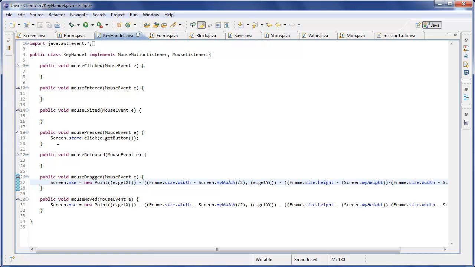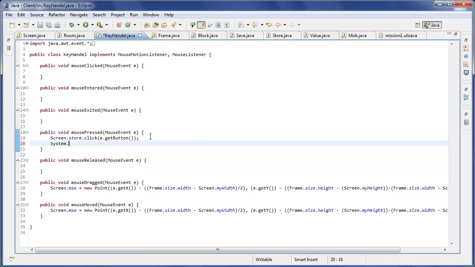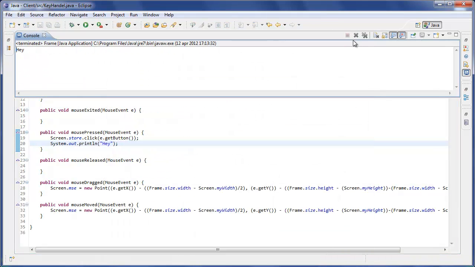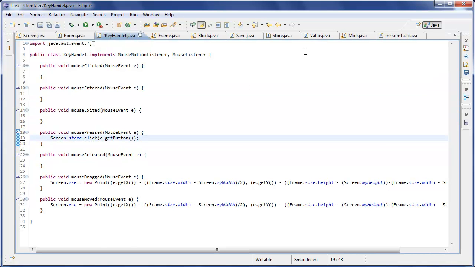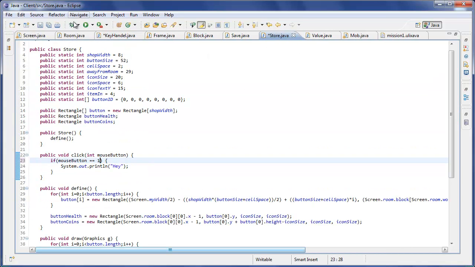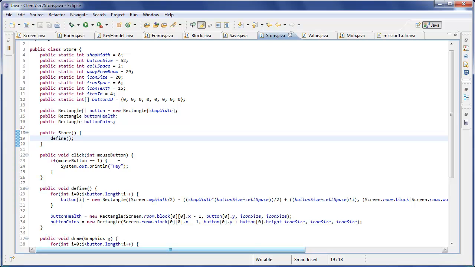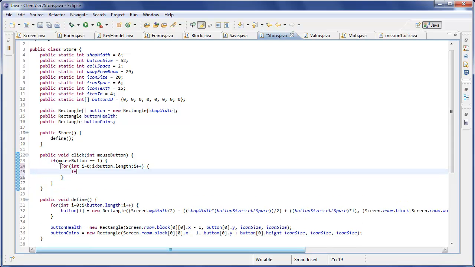It basically calls the screen. Can I make sure that it actually clicked? Yeah, it is clicked. And it should be calling that thing in the store. Oh, maybe it should be equal to 1. Yeah, it is. Alright, so the left button is 1. So that works. So we're gonna do for int I equals 0, I is less than button dot length, I plus plus, and if button I dot contains screen dot mse,